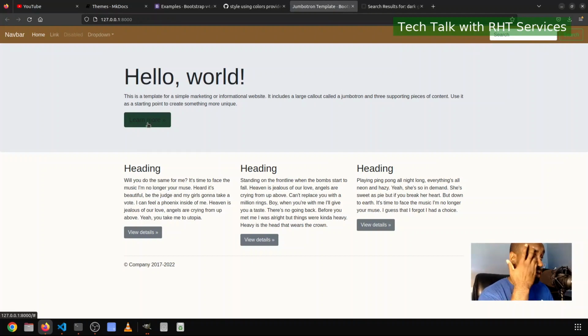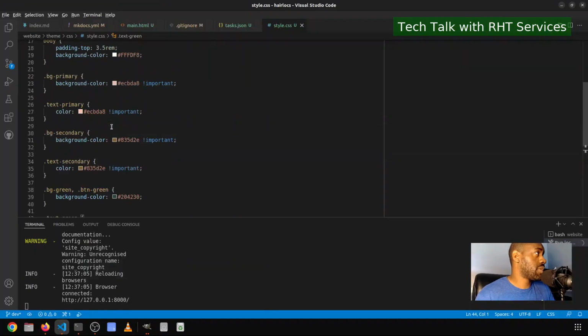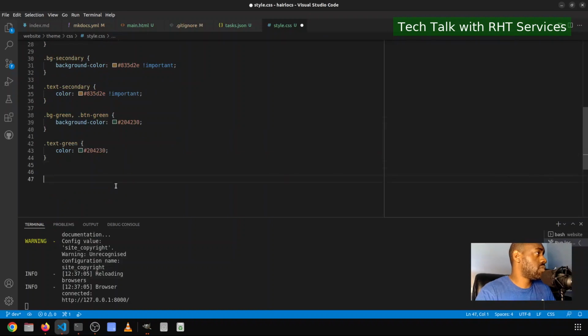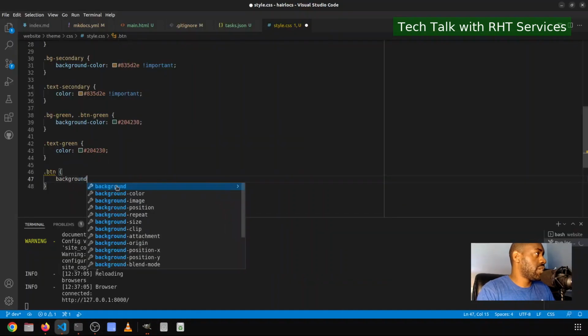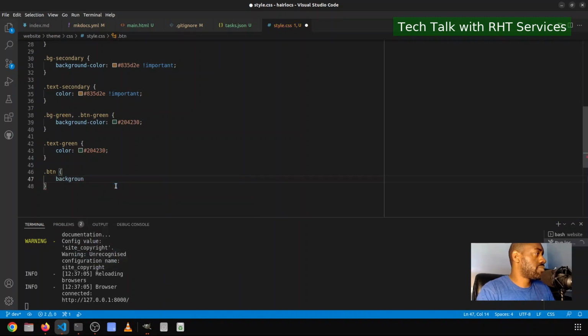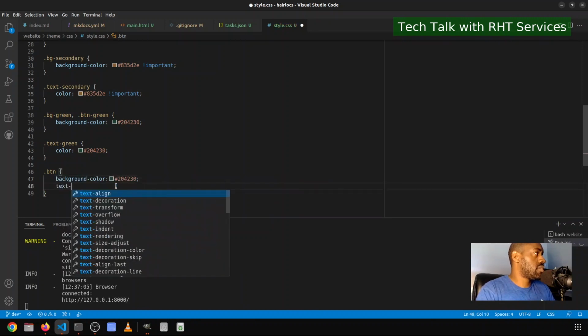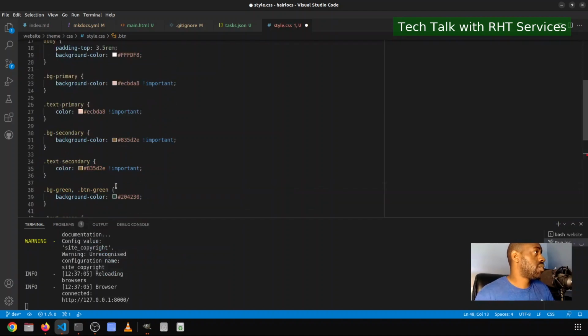Now I can create combination styles with the background and the text together. That way I'm not having to individually add both of them together. So what I'm going to do is I may actually just do this. So a .btn, that way all the buttons on the website are the same. So background color is that. All right, and then text, not text color. Color is,